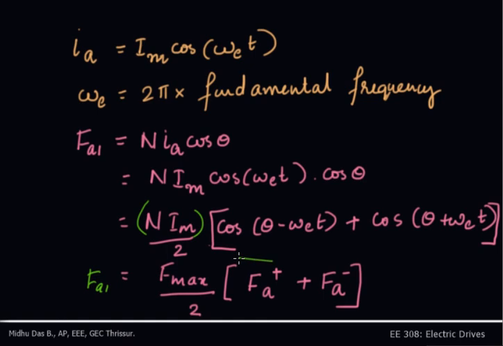That is, we have two MMFs, one rotating in the anti-clockwise direction and the other rotating in the clockwise direction. That is why you are familiar with double field revolving theory in single phase induction machine. It cannot produce a starting torque, or you cannot start the single phase induction machine automatically using a single phase supply, because there are two revolving MMFs equal in magnitude, one in the clockwise direction and another in the anti-clockwise direction, and therefore effective torque produced will be 0 at the time of starting.